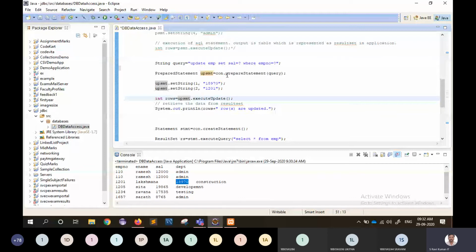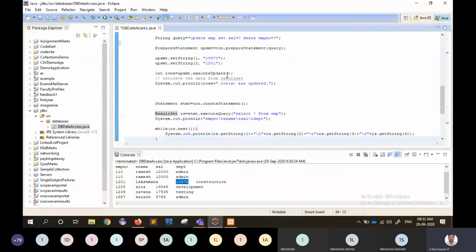Okay, so if it is a query, then we get a result set. If it is an update, then we'll get integer values. If integer values, just store that integer value, which is how many rows have been updated. If it is a result set object, then use this result set object to iterate each and every column for getting each and every column's data in each row.